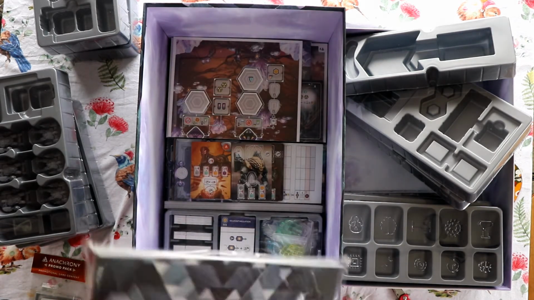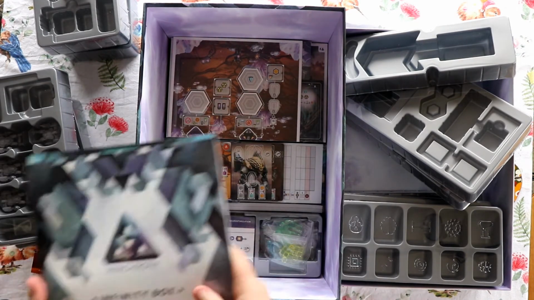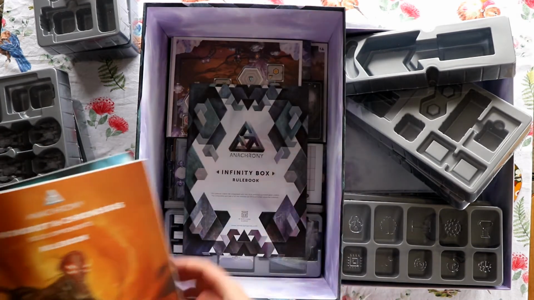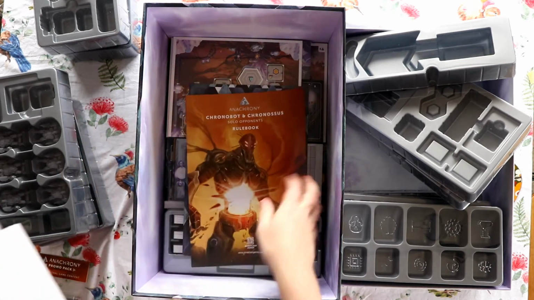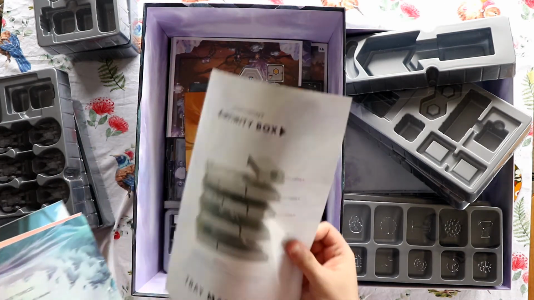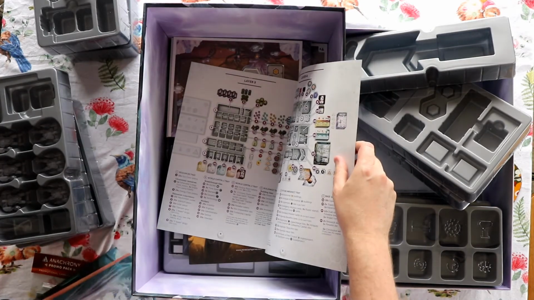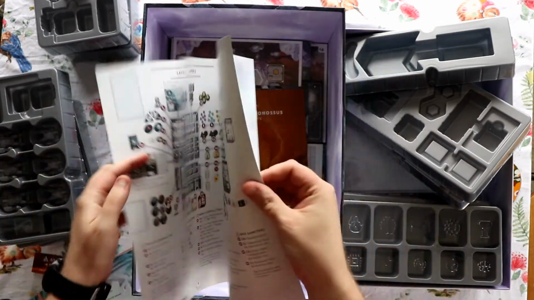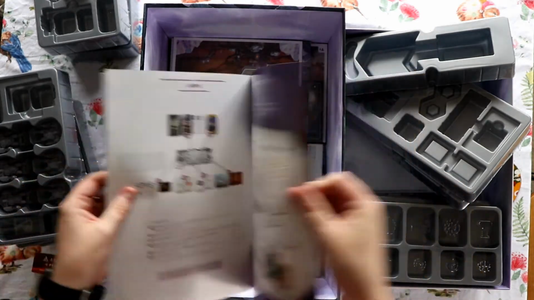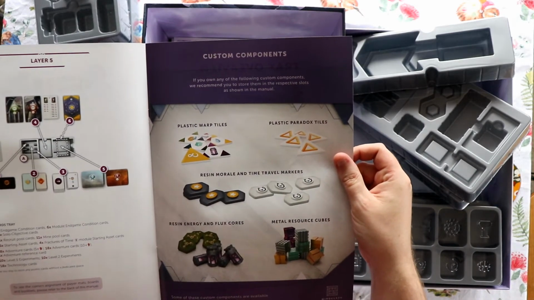the pretty thick book here. Well, it looks like a few books there. So yeah, we've got a rule book, we've got a solo opponents rule book, here we've got a tray manual, so that's quite cool, how everything's going to go back together. There's several pages, layer 1, layer 2, 3, 4 and 5. Hey, and there's what the bit at the start was